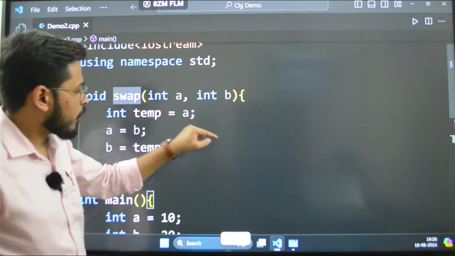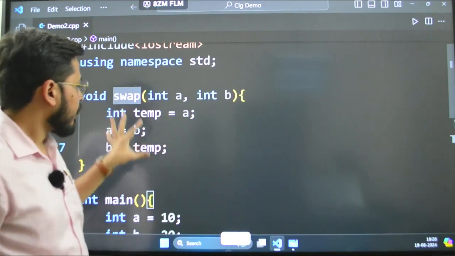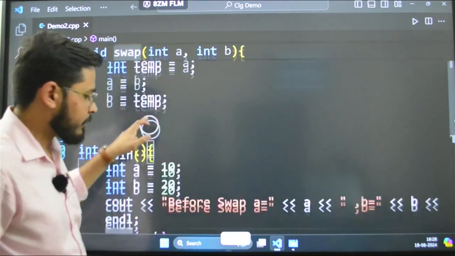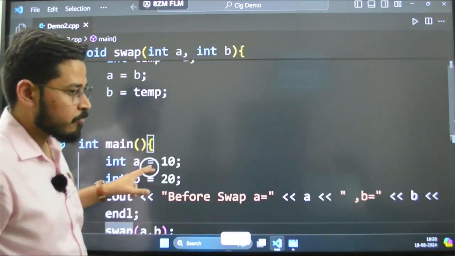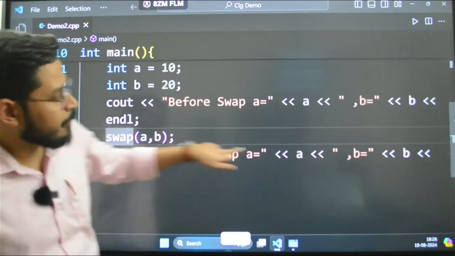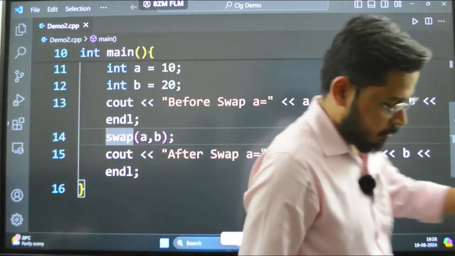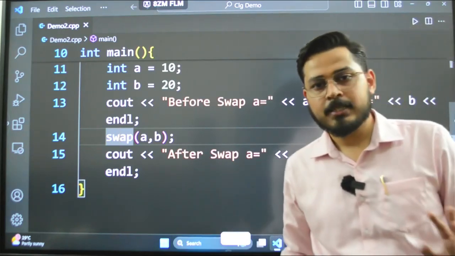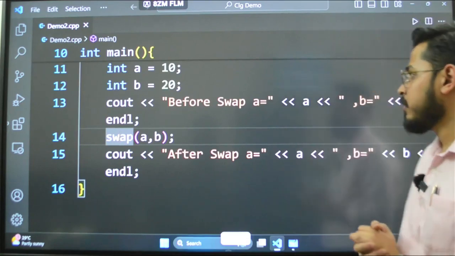Now those two values came here, but after that they got swapped, right? Am I correct? They got swapped, but now I am printing A equals whatever and B equals whatever. Do you think that it will work?